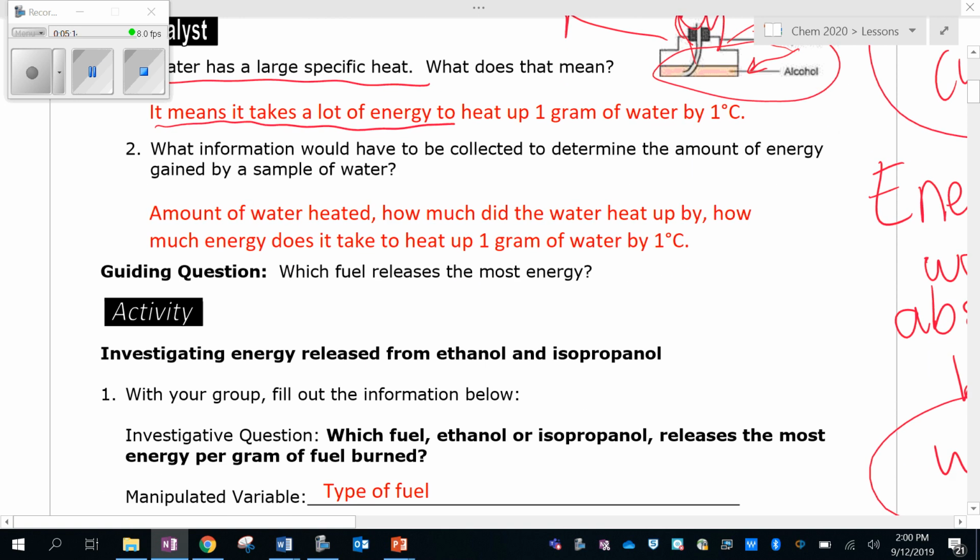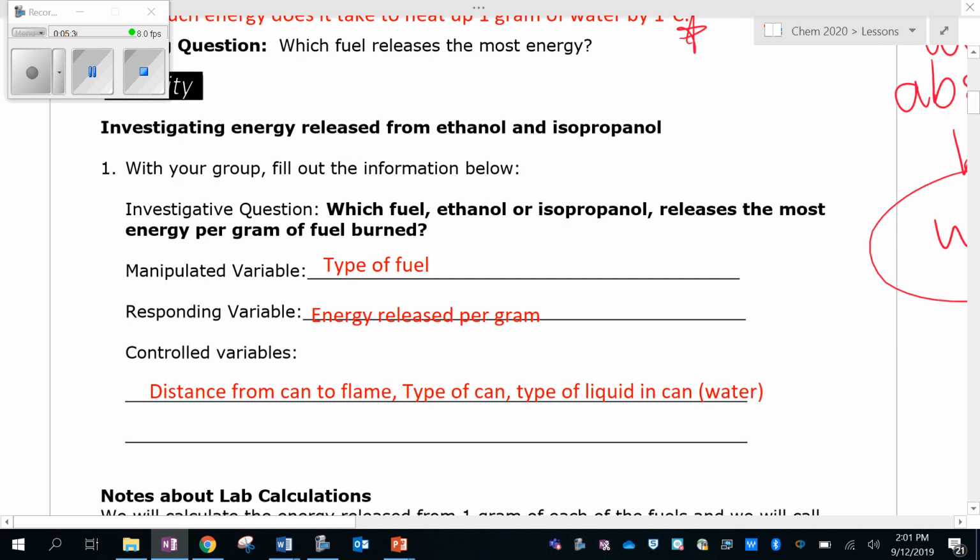And the things that we're going to need to collect in order to figure out how much energy a sample of water gains is how much water is there, how much did it heat up by, and we need to know the specific heat of water, which I just told you scientists have determined is 4.2 joules per gram degrees Celsius. So the question that we were studying was which fuel, ethanol or isopropanol, is going to release the most